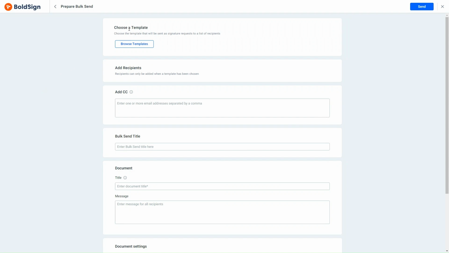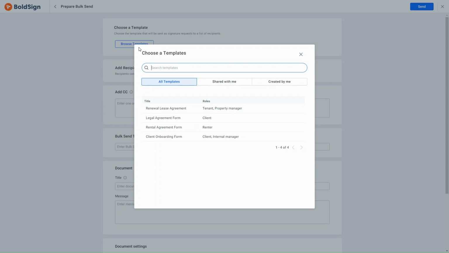To upload the template, I click the Browse Template button, which opens the Choose a Template dialog box. Templates are categorized into 3 sections: All Templates, Shared with Me, and Created by Me. I locate their annual lease agreement template in the All Templates section. I can preview the template by selecting the Preview option, but since I know I want to use the template,